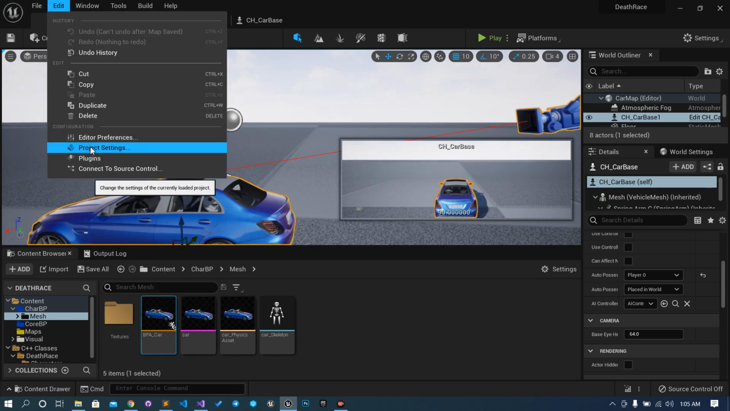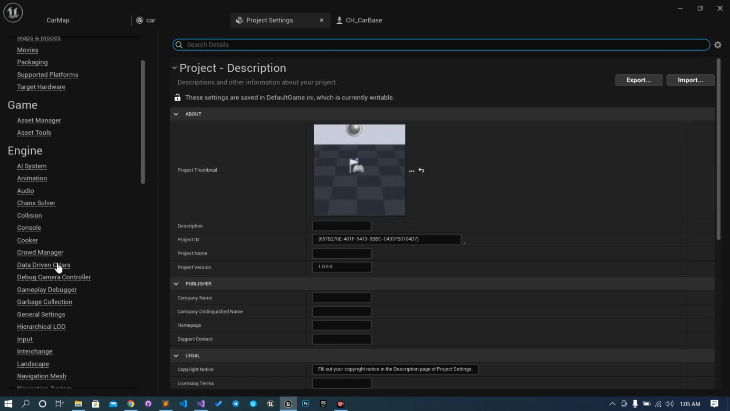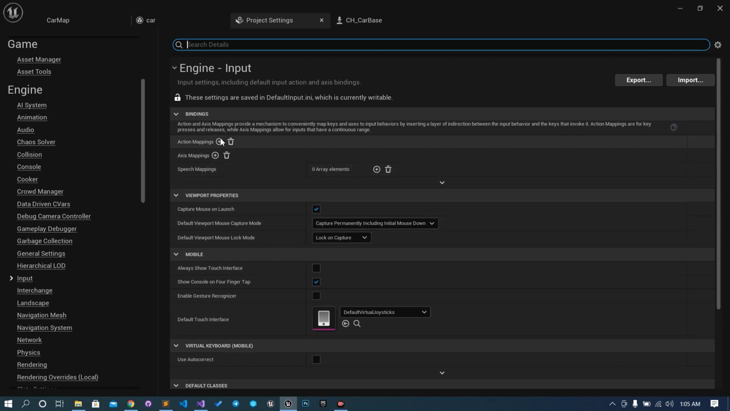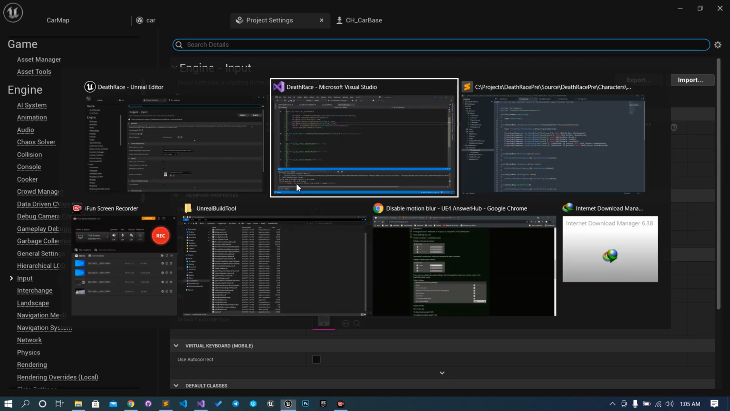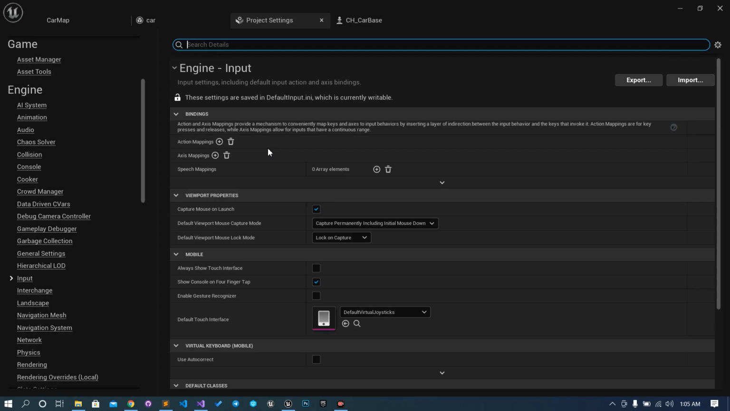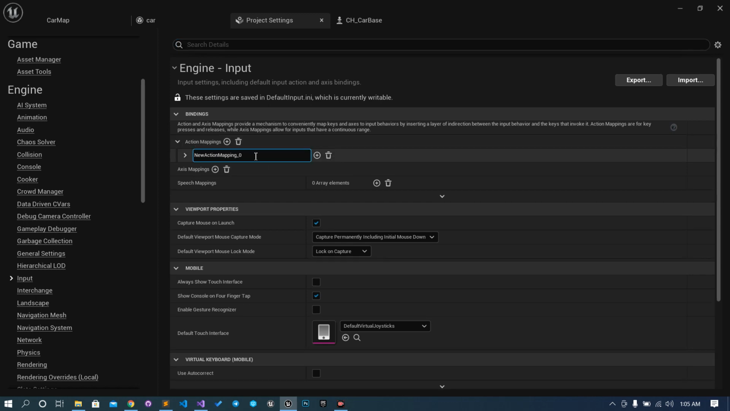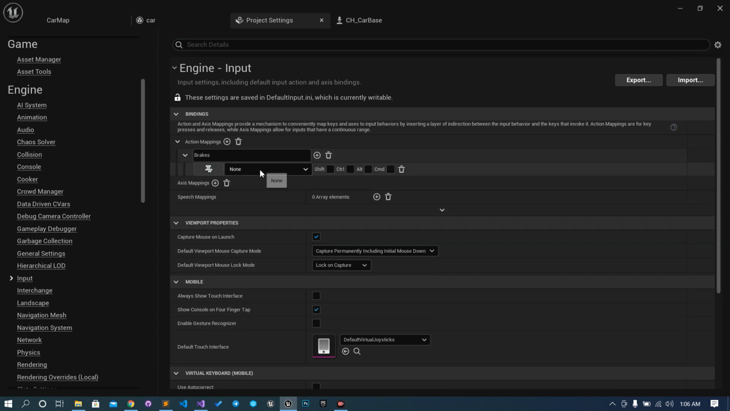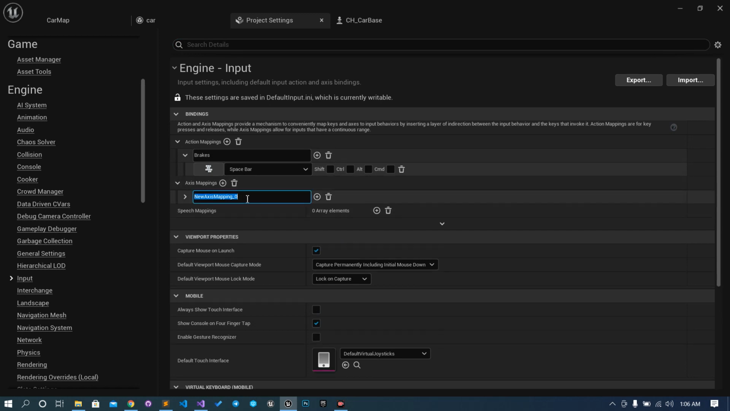So edit, project settings, go to the input, because we don't have any bindings. In Unreal we have created the functions but we don't have the bindings. So we will create those first. For the action mapping, I will go for the brake first, brakes, and for brake I will use the space bar. Next, for the axis mapping, I will create move forward,